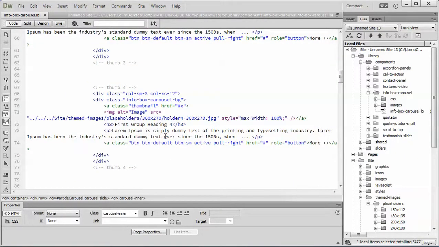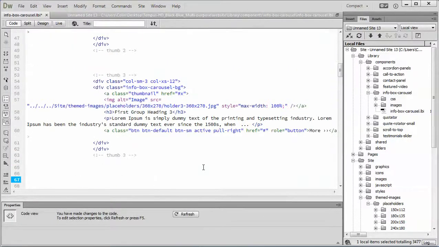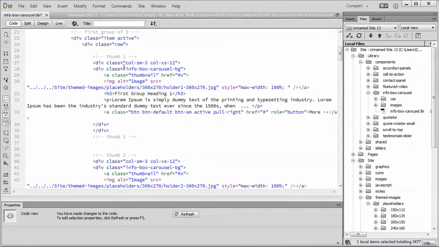So if we wanted to add or remove a thumb, I should say, that's what we're talking about, just grab the entire thumb 4, thumb 3, thumb 2, it doesn't matter which one you remove, but you can just select one entire block of code, including the comment tags, and delete. And once you've done that, you need to change the column numbers. We have a column number of 3, we want to change that to 4, because we have a total of